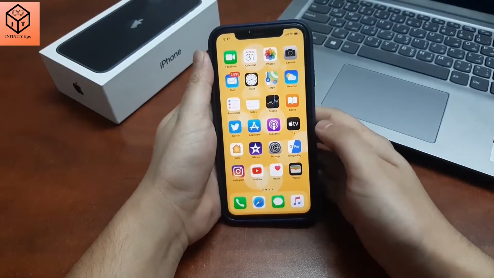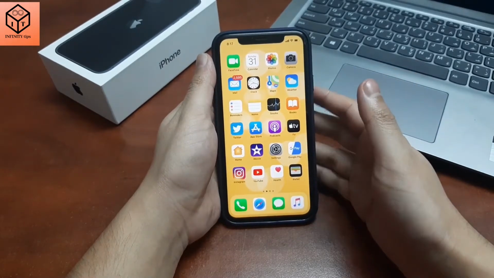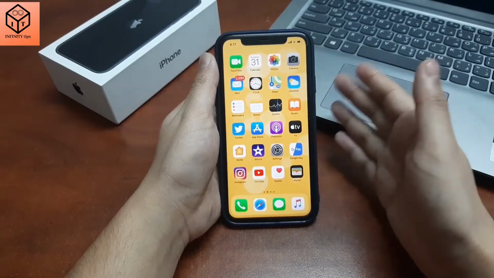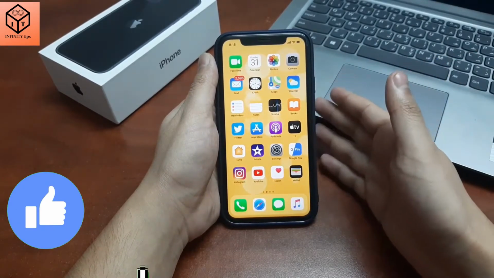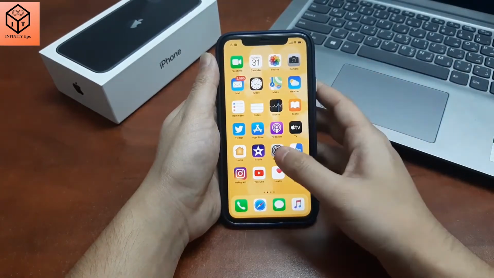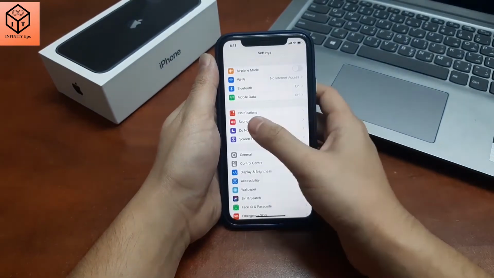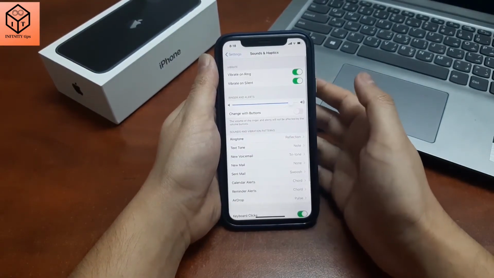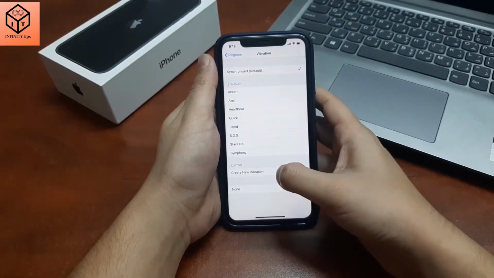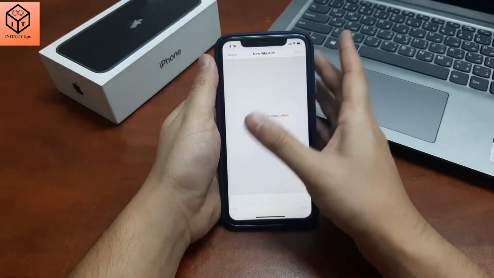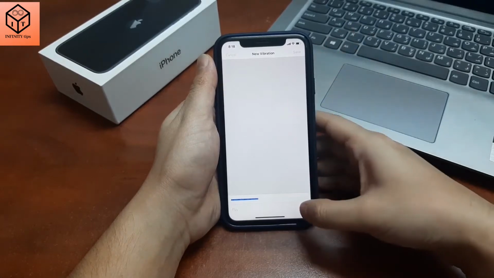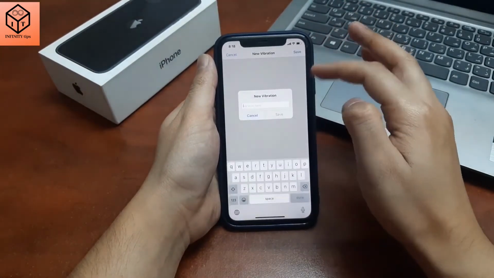And if you are someone who keeps their phone on silent for most of the time, did you know that you can create customized vibrations so that you will know who is texting you without even getting your phone out of your pocket? This is super simple to set up. All you have to do is go to the settings and then sound and haptics. Then choose ringtone, then vibrations, and then you can create new. You could literally do any kind of pattern. Save this, and then whenever they text you, you will know who it is.